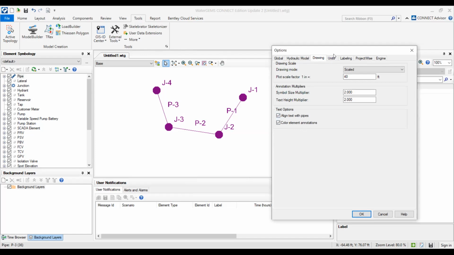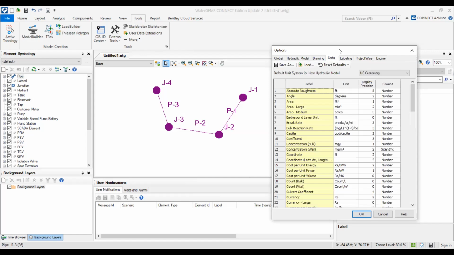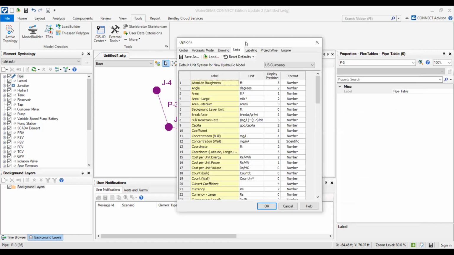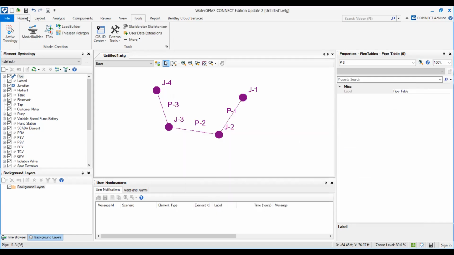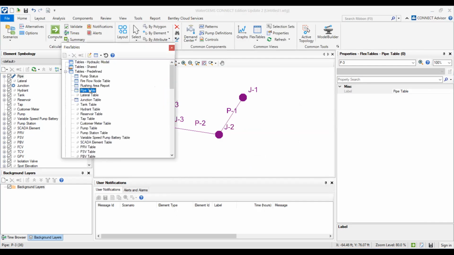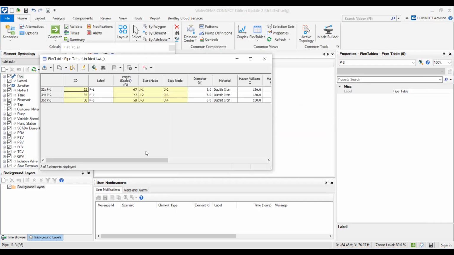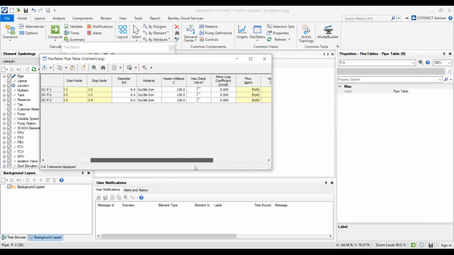units are a very important step before designing a water supply network. You should know about the units in which you want to design the water supply network. But in the context of units, WaterGEMS is very flexible. You can easily change the units. For example, I want to show you practically: here's a pipe and you want to give the length of the pipe,